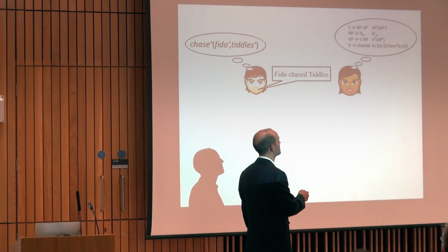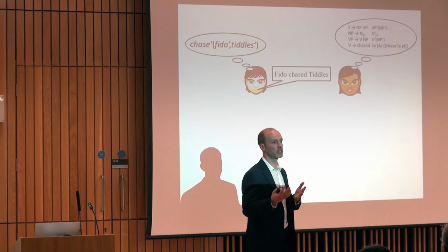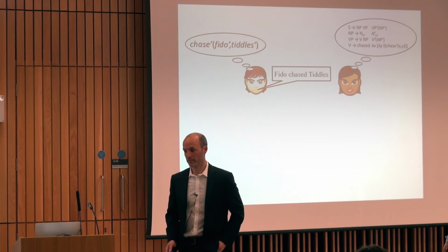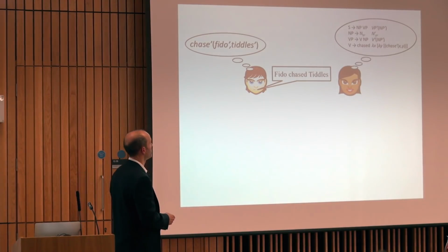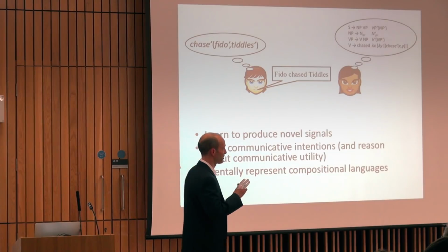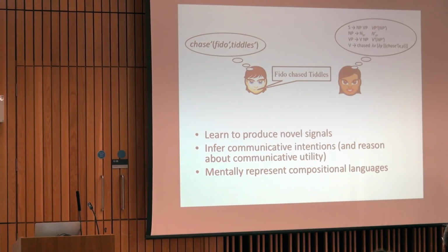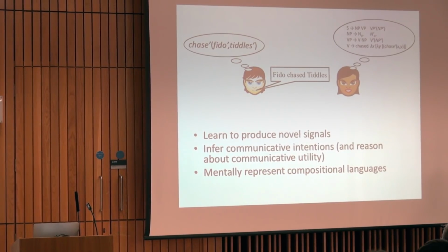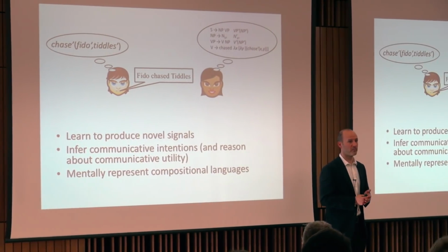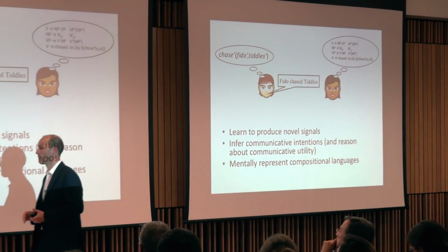Okay, and this individual then has to be able to use that grammar to convey concepts to other individuals, to produce linguistic behavior that other people can learn from. So what are the basic building blocks of this process? In order to do this, you have to be capable of doing 3 things. You have to be capable of learning to produce novel signals. That's required to produce forms other people can observe. So you have to be able to learn how to produce these complex forms.